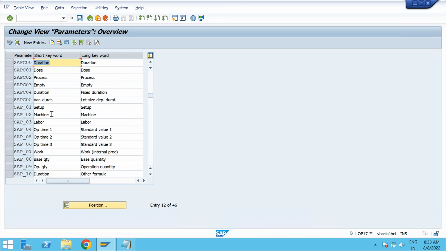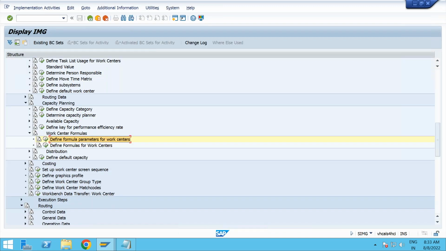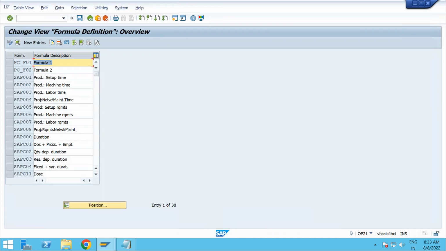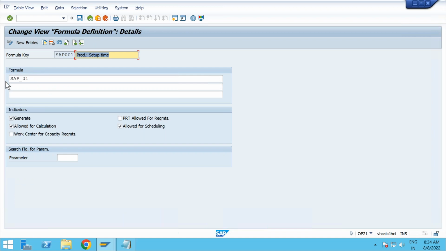used. So if you want to calculate your setup time, your machine time and labor time, or duration only, then we have different formulas. These are the parameters, and here you have the formulas. So if you go to the product setup time, open this, here you are having only one parameter. That means you are calculating only setup time. If you have given some setup time in the operation and you want to capture that, you want to give this particular formula. And when I'm using this formula in the work center, you have to make sure that if